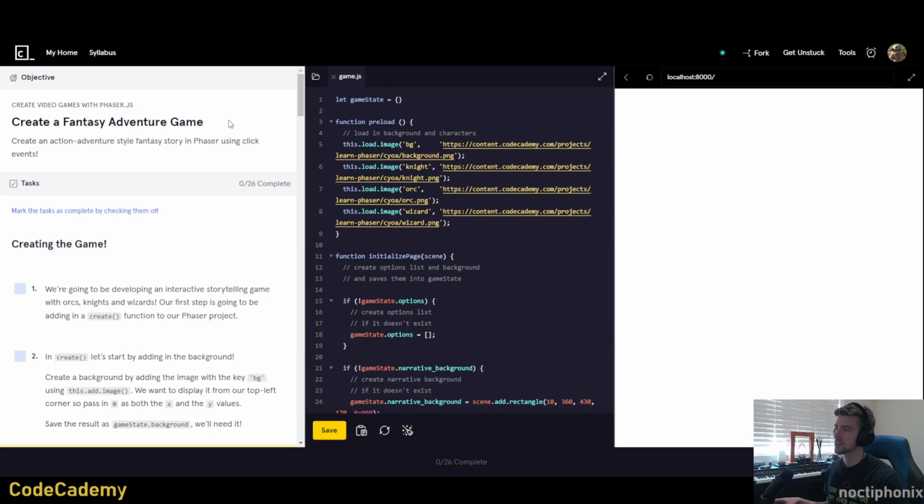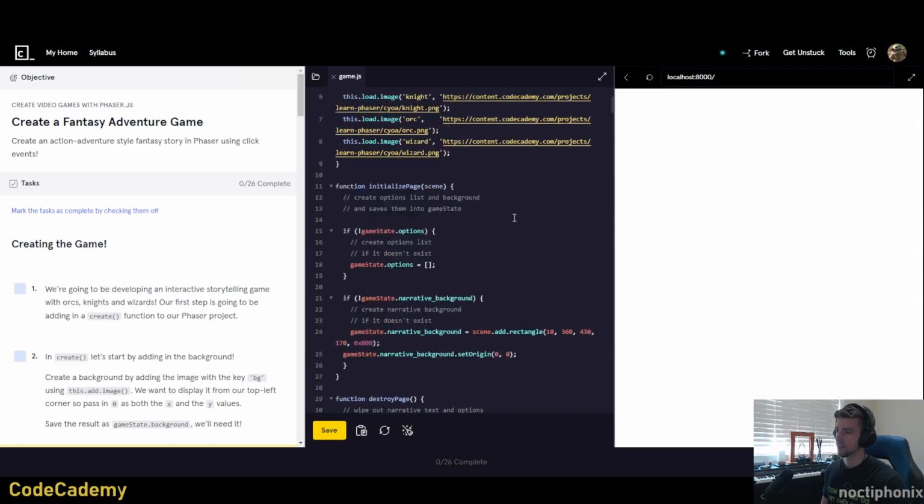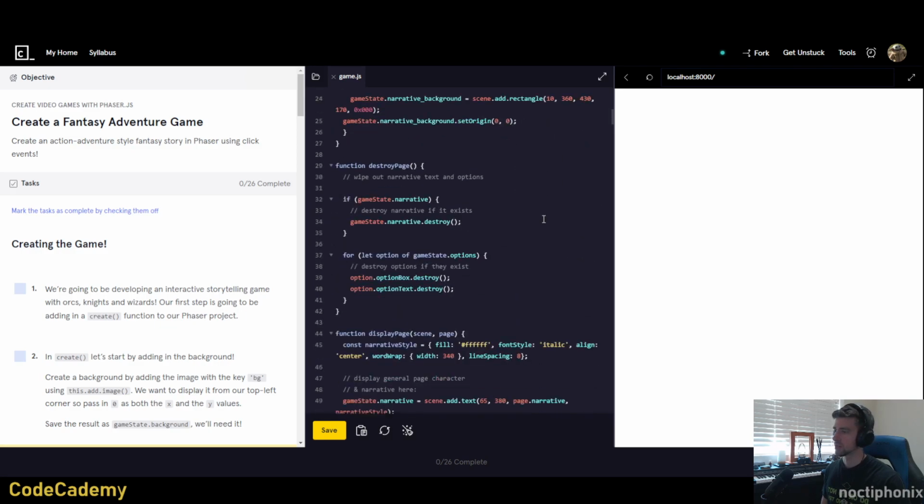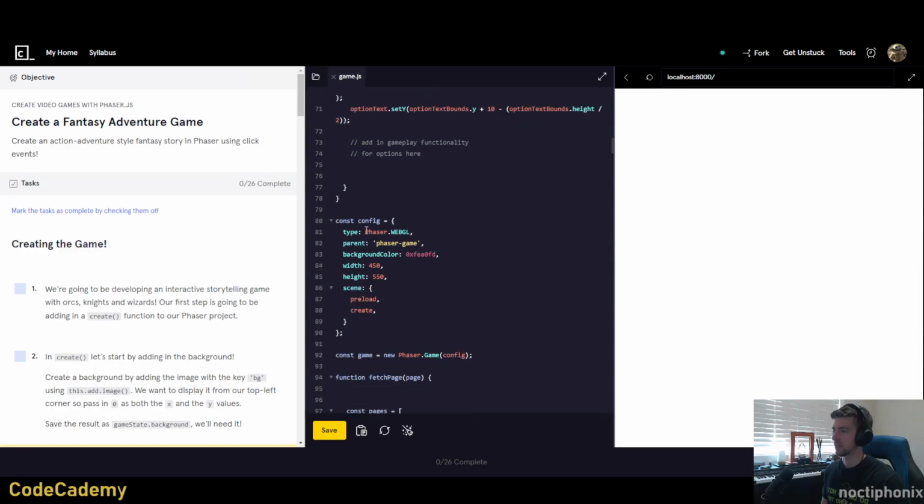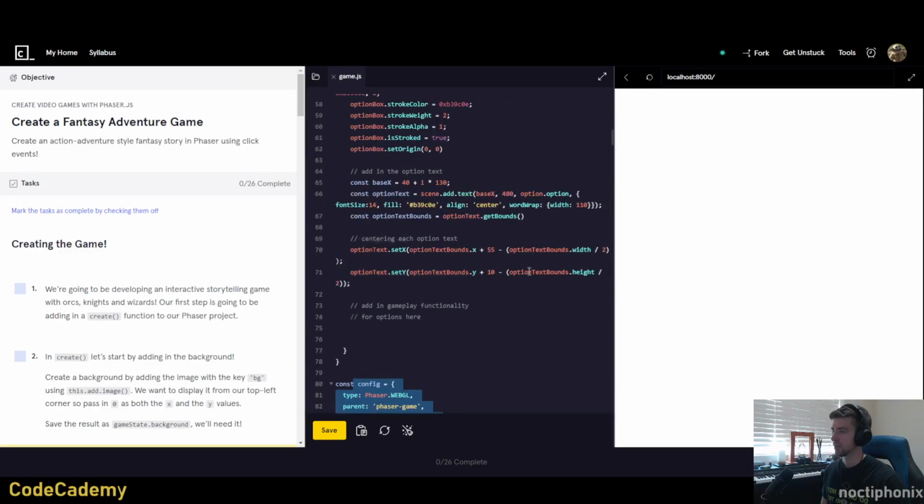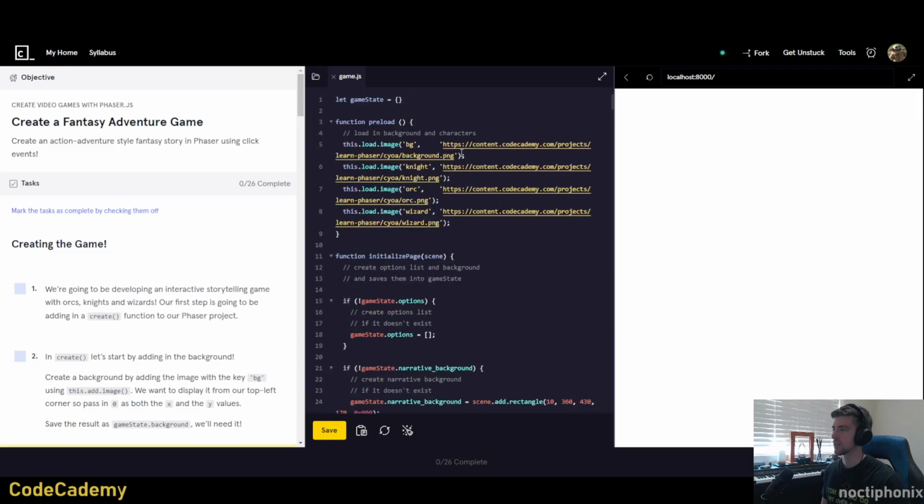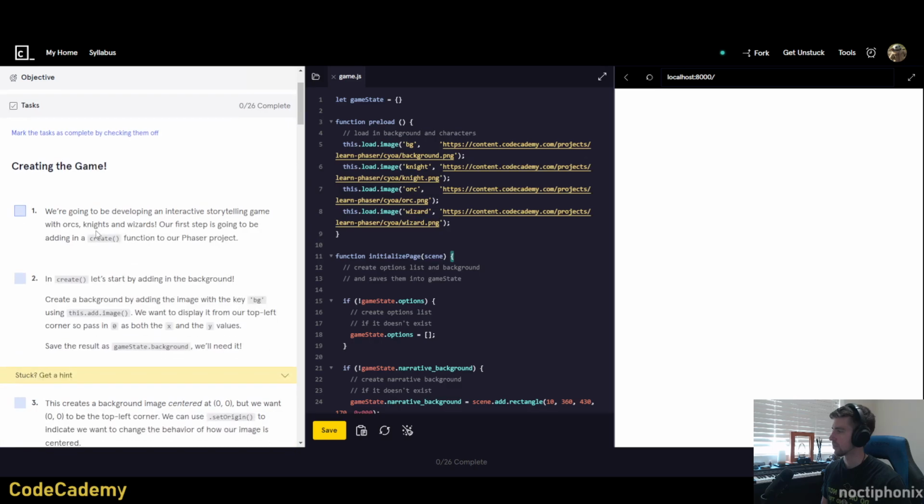So, creating a fantasy adventure game. As you can see, they've constructed for us the preload images and some helper functions, as well as, of course, the create section and the config object. We'll be adding more functionality to this. At the start, you cannot see anything on the screen. Nothing has been initialized. So we will be adding not only the functionality, but also how to display the game on screen. All right, so first step, we're going to be developing an interactive storytelling game with orcs, knights,